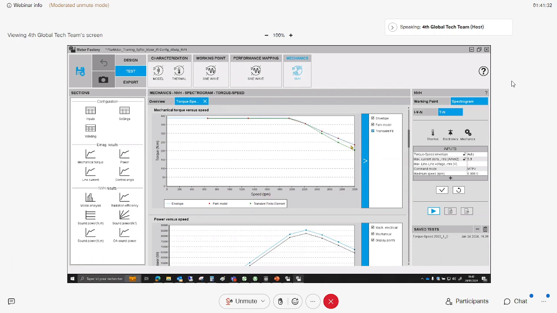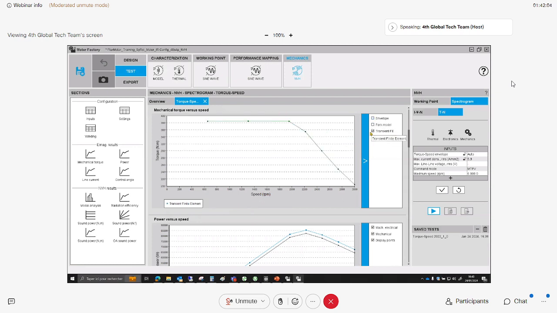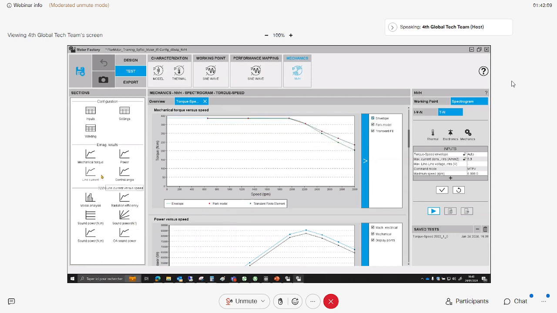We can see that there is a good agreement between Park model and the pure finite element computation. In the flux weakening side, maybe the machine starts to be saturated and we start to have a lot of harmonics, then there is a deviation between Park model and transient computation. Anyway, for our NVH computation, the transient finite element computation will be considered in order to compute the